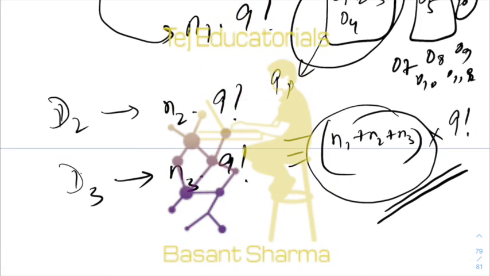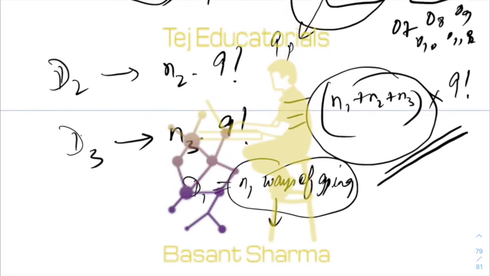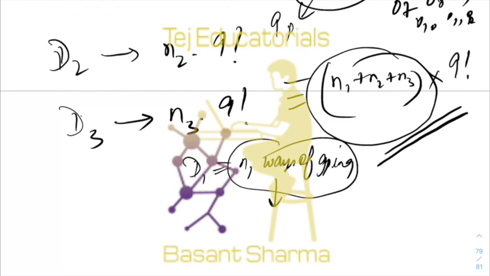So that can be done for D1. It has N1 ways of grouping, right? N1 ways of making groups. So corresponding to each way you can distribute, you will have N1 into n factorial ways in which you can distribute the n different objects amongst r persons such that each person gets at least one object.